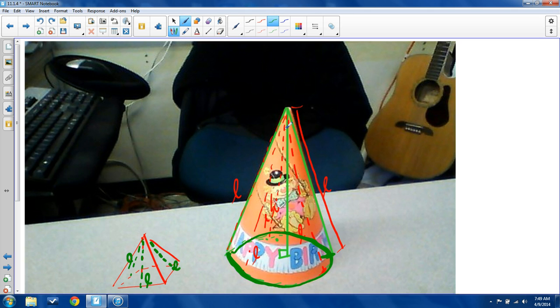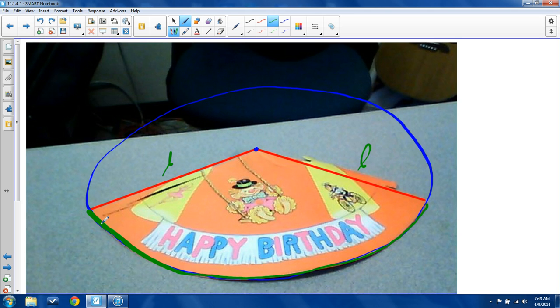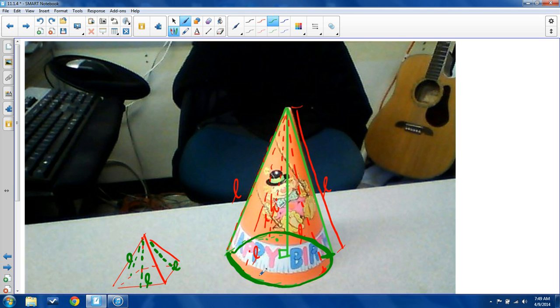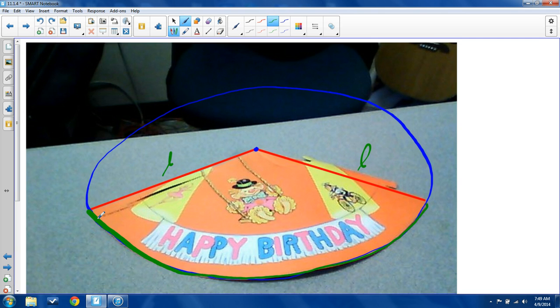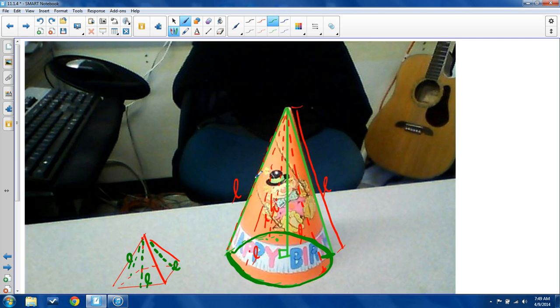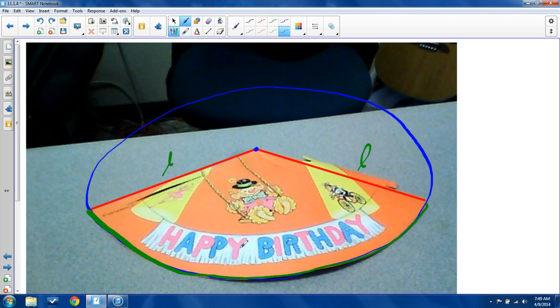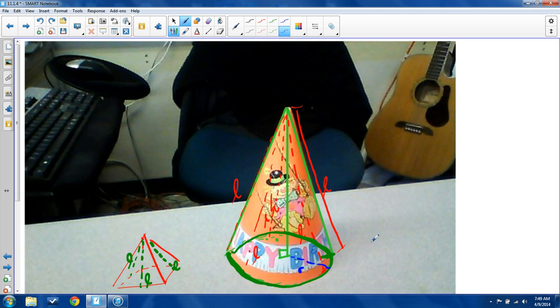But when I unfold this, this has a radius of L, like this, that's slant height. But when this unfolds, this part right here becomes the circumference of your base. So if we are looking at cones in this fashion where we call this part R right here, because this is the original radius of the circle of your base, this R doesn't really make sense when we unfold this. I can't see an R right here because we haven't unfolded the base, but the circumference of this base right here